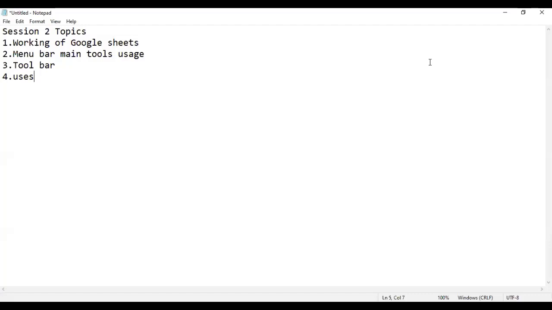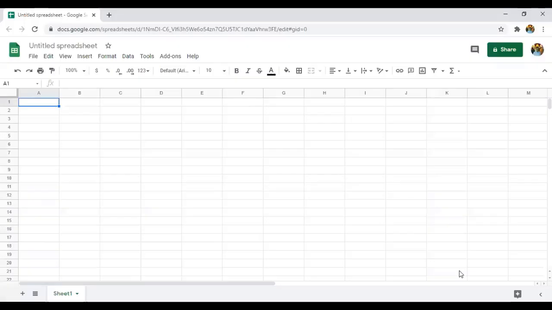So we can now start working with the Google Sheet. I have told you how you can open or create a new sheet, right?